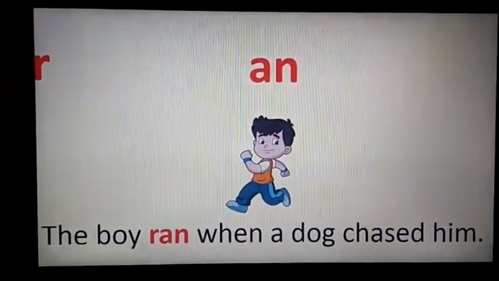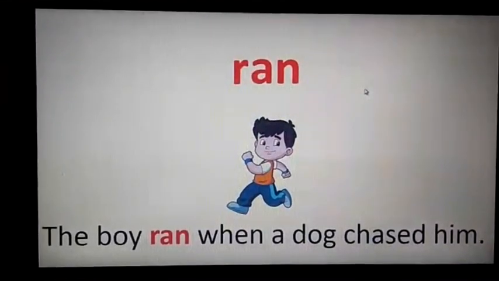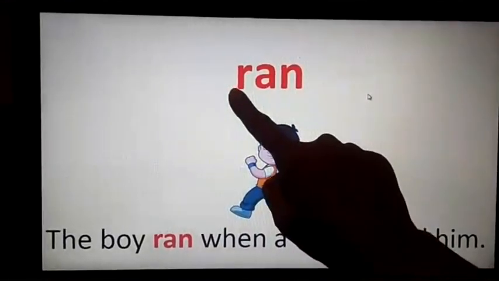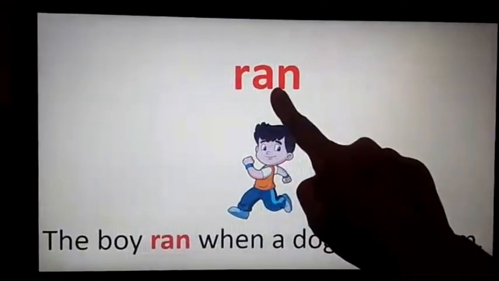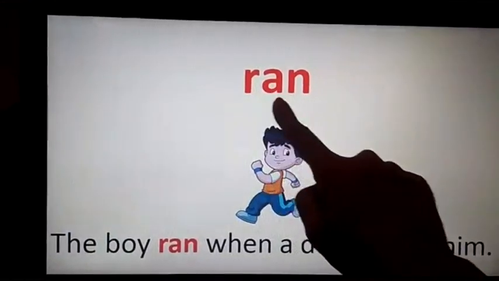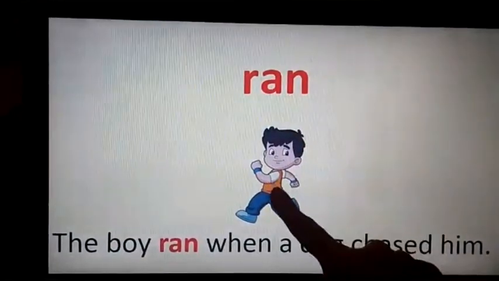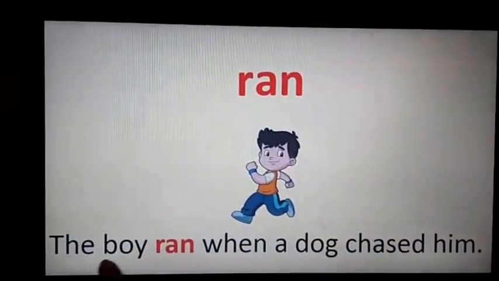Now let's see which word is waiting for us. Let us read it. Ran. Ran. R and an together. R and ran. You can see this boy. And let us read the sentence.